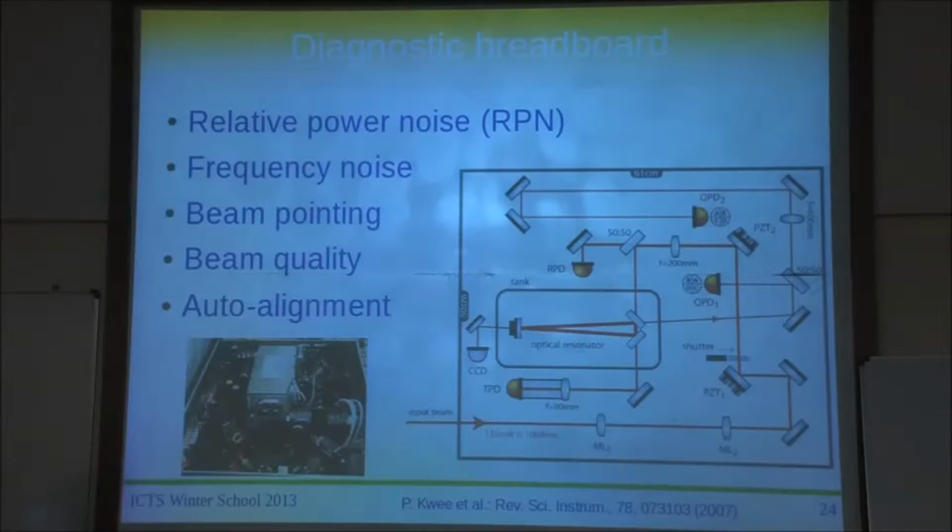It's all computer controlled, and it's a little breadboard which can measure the relative power noise, so the power fluctuations of the system, and can measure the frequency noise of that system, and beam pointing. We have an option to measure the beam quality, and that whole system can be automatically aligned by some sort of feedback loop if it's already a bit pre-aligned. And here's a layout of this board. So the beam comes in here, then it needs to be mode matched. This thing here,